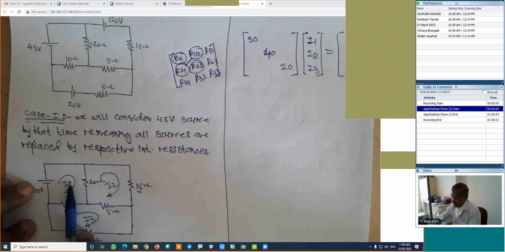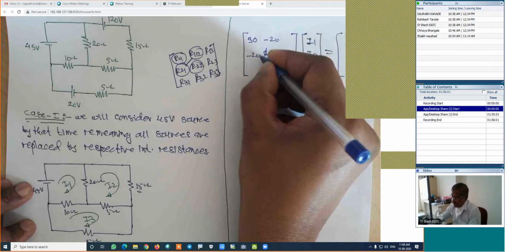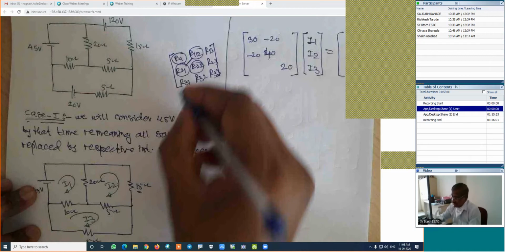This is one loop, this is second loop. R12 or R21, the resistance which is common for these two loops. It is 20. This value will become minus 20, and this is minus 20. Is it right? Similarly, we are interested in R31 and